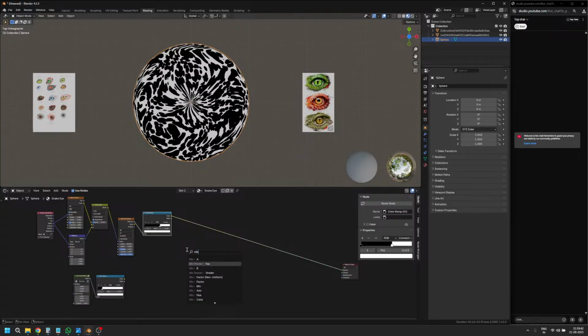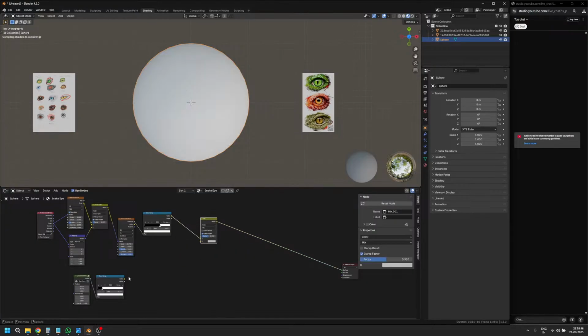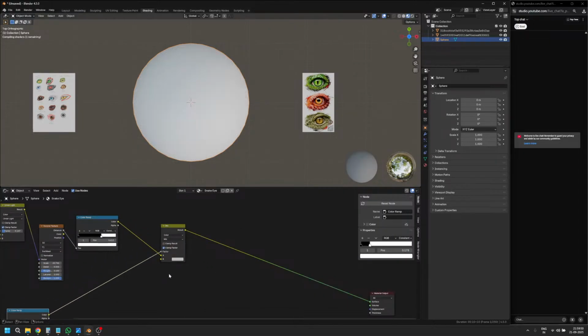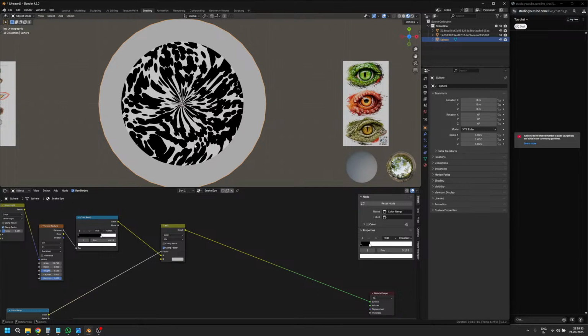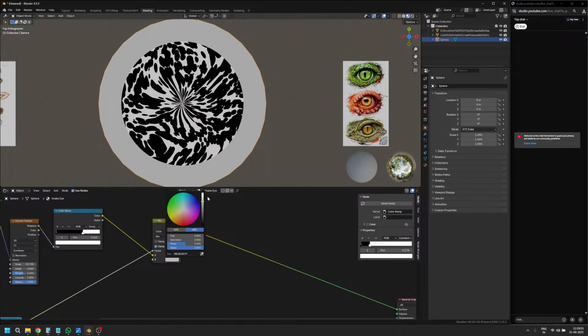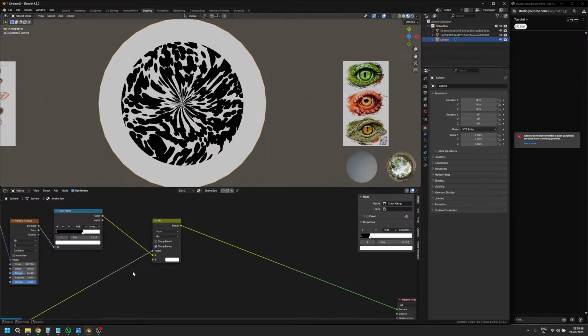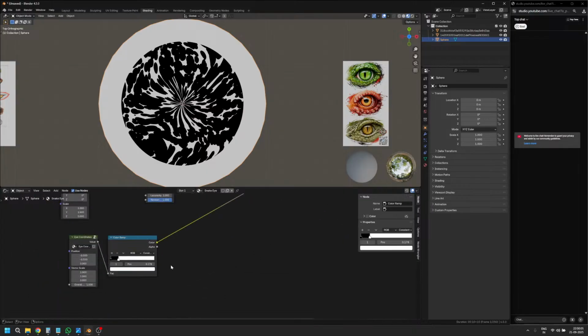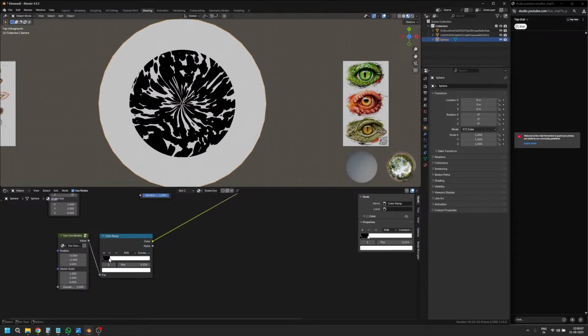So mix RGB, let's plug this here, and actually I'm gonna use this as a mask. So yeah, there we go. So let's bring this up. All right. So now with this we can control the pattern, and with this we can basically control the mask,